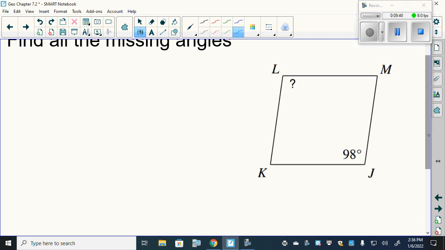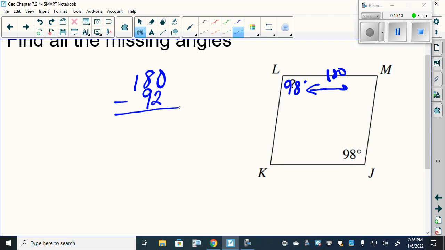How about this one here? 98 degrees, because the opposite angles in a parallelogram are congruent. M and K. Because we know that these two angles add together to be 180. So what we could do is take 180 and subtract 92 from it to find the missing angle. And if we do 180 minus 92, we get